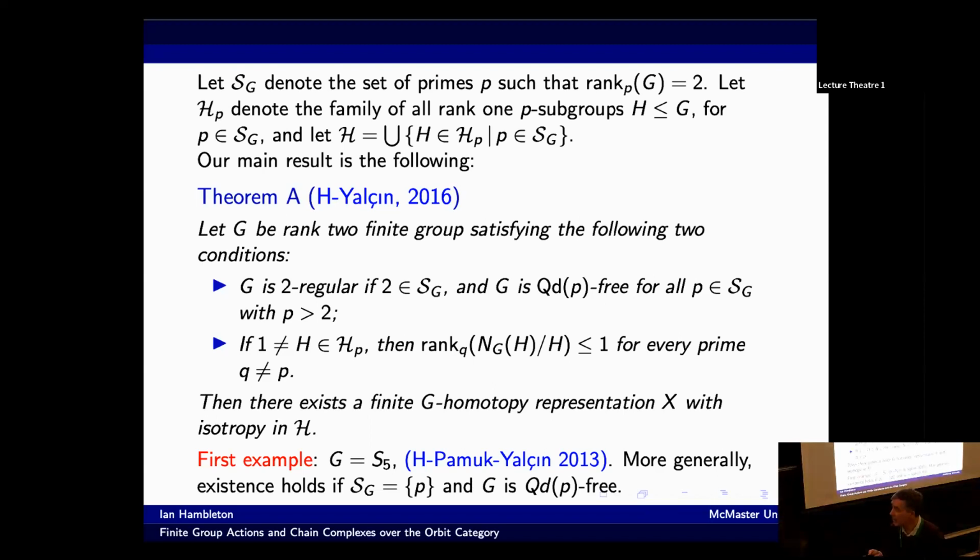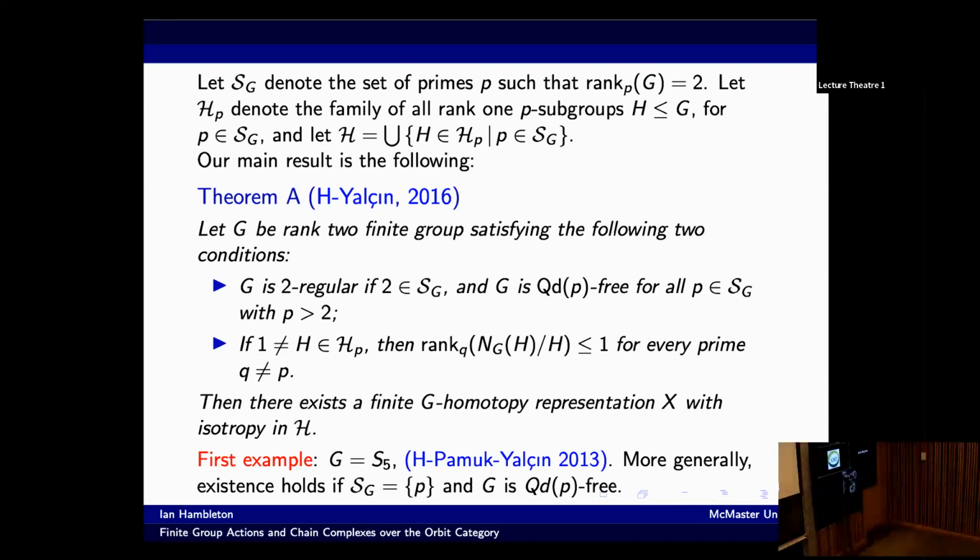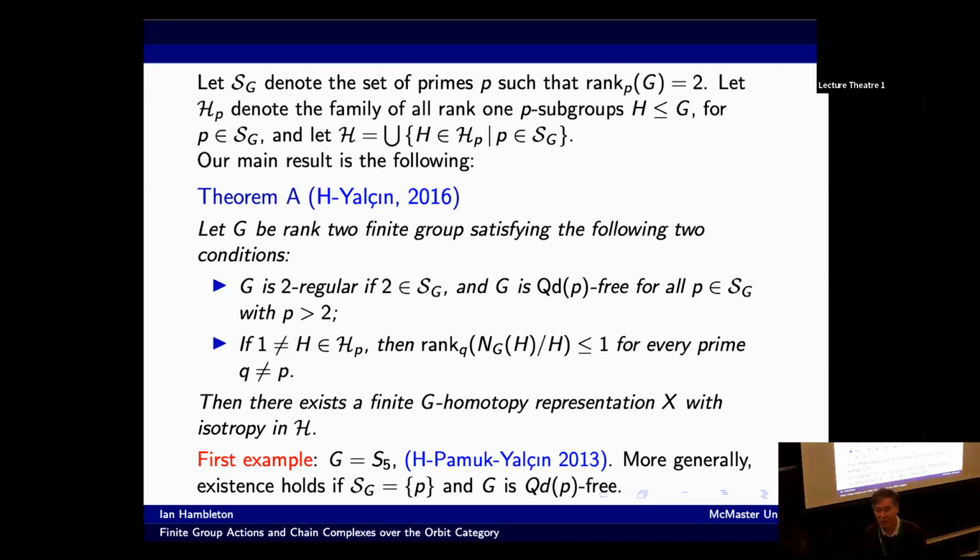So this is an example where there's a single prime where it's rank 2, and otherwise it's rank 1. And if you feed that into the theorem, then the theorem applies to that, and you get an example, a general example. But S5 was, well, the way this started was